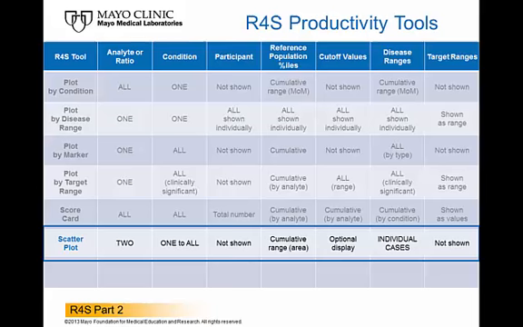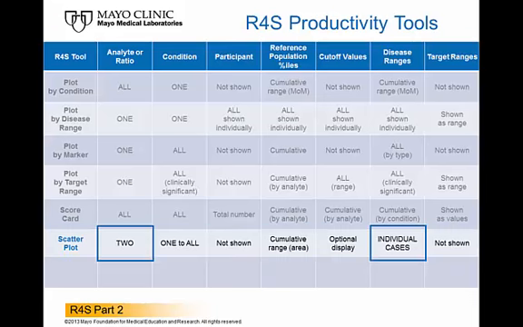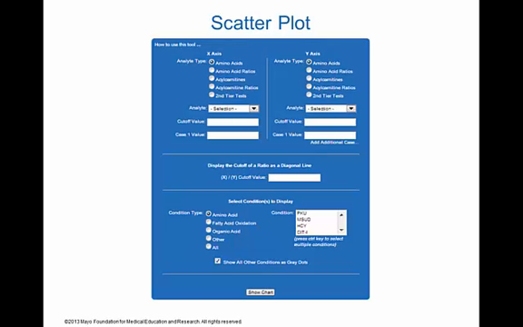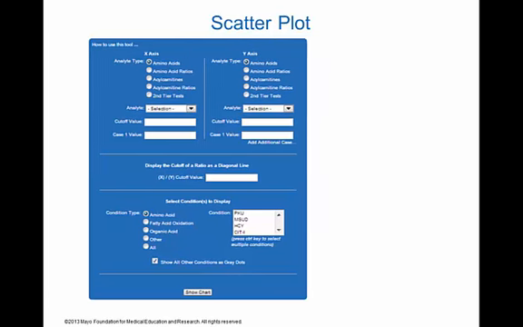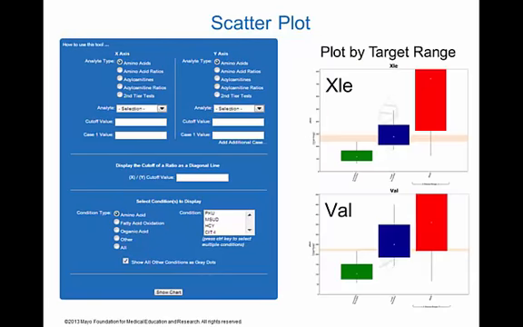This plot is very interactive in nature, and it provides a powerful way to investigate the distribution of true positive results, not as cumulative ranges, but as individual cases. The plot shows the actual results of any combination of 2 markers and as many conditions as desired. This is the entry page of a scatter plot. The model for the demonstration of how to use it is provided again by the 2 branched chain amino acids, isoleucine-leucine